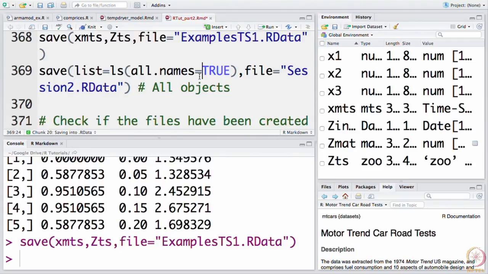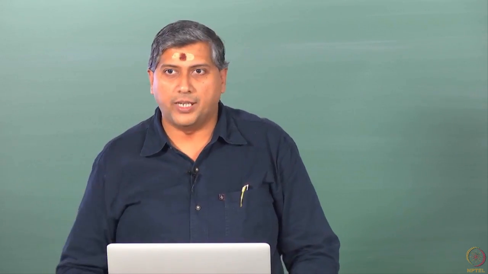And the way you do it is typically Save expects you to either supply the names of the objects, as we did previously, or the names as a list object, and that is what I am doing here.